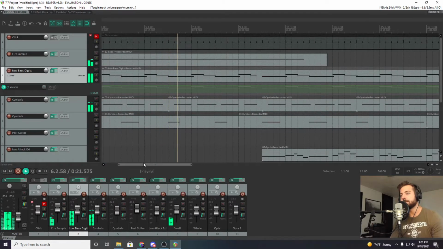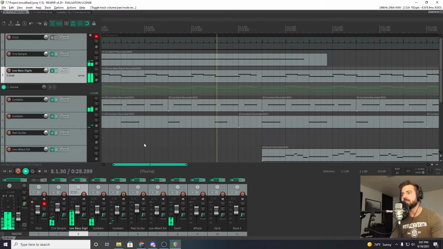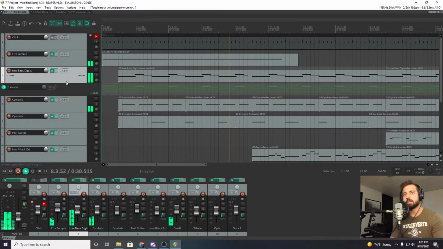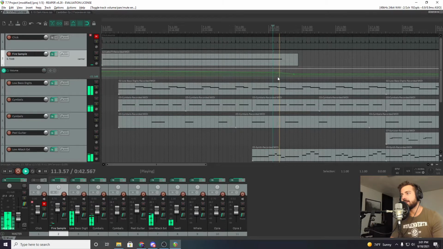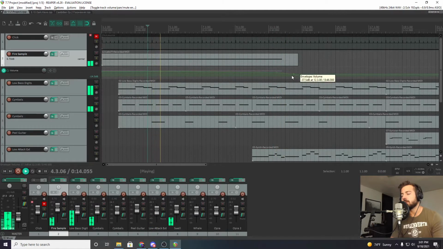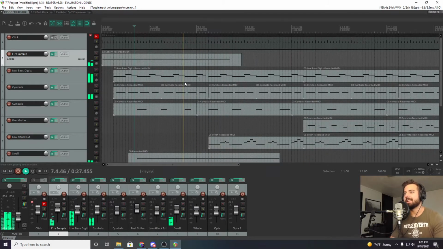I'm hitting V here. It's the shortcut to have this envelope for volume. When you're working with MIDI, you can't just, let's check it out for this. So here, I don't want it to just die. I want it to fade down. So it's like a long fade from this point to this point, and then a more abrupt one at the end. With true audio, you could fade out like that. It's not the case with MIDI, so I'm using my volume here. But yeah, so that's the little trick there.